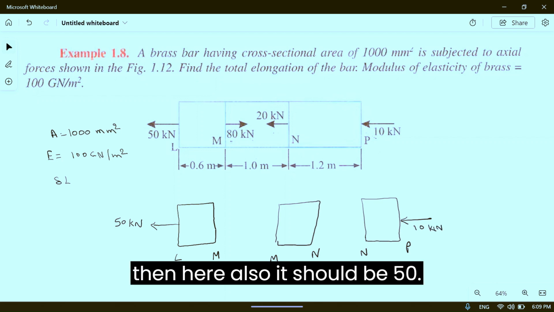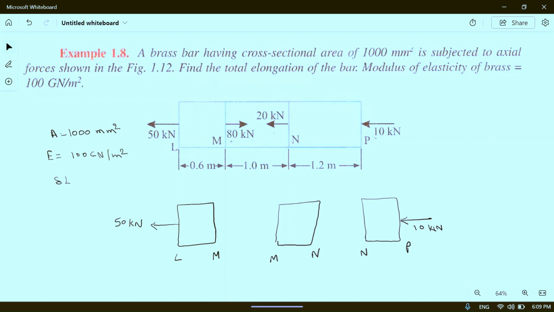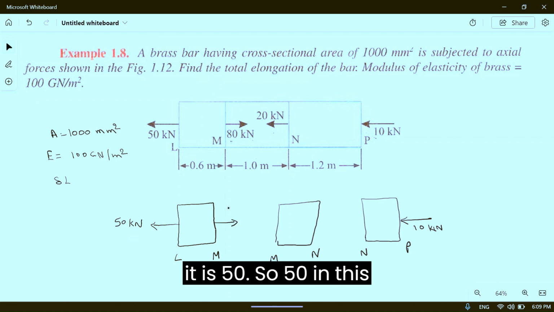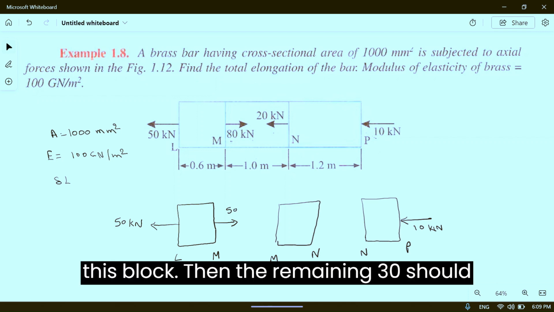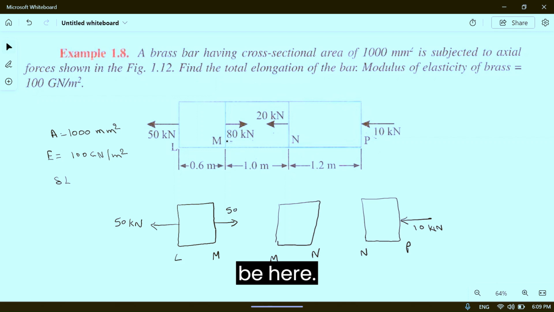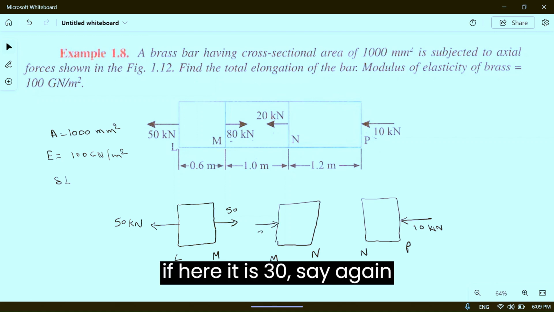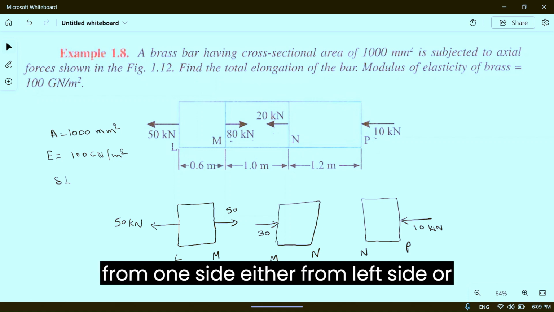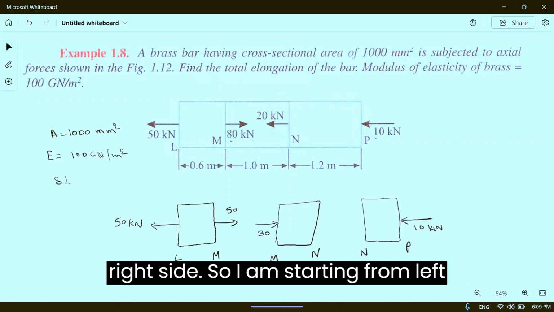So to maintain the equilibrium, if here it is 50 kilonewton, then here also it should be 50. But you can see in the diagram here it is 80. So 50 in this block, then remaining 30 should be here. Okay, so if here it is 30 kilonewton, and again here it is 50 kilonewton,